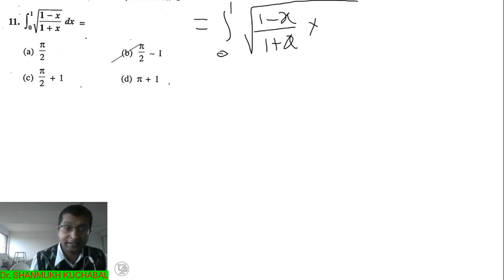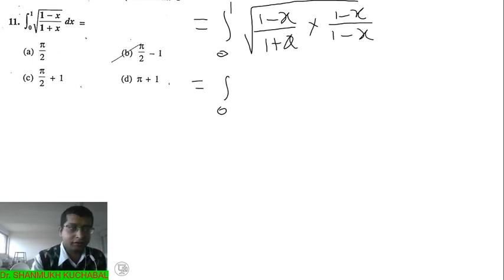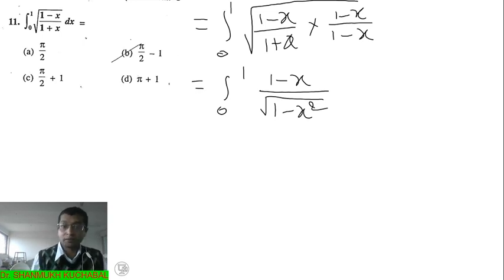The denominator is 1 plus x. Rationalizing, we get 1 minus x divided by 1 minus x. So further it is the integration from 0 to 1 of 1 minus x into 1 minus x, 1 minus x whole square. Square and square root cancel. We get the numerator as 1 minus x, and the denominator we get under the square root of a plus b into a minus b, 1 minus x square. So further we split